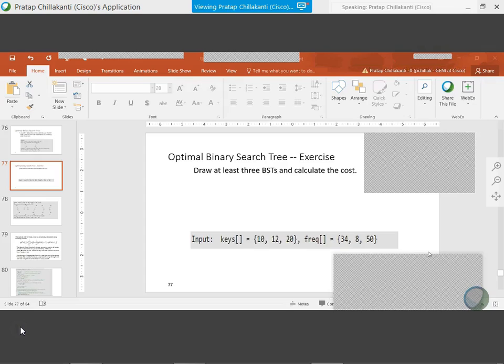So Sri Prakash said 20 root, 10 left, 12 right of 10. Okay, 142. 20 is the root. Okay, what about other options? This is the only way to arrange the tree? I didn't ask for minimum cost. I simply said, what is the cost?